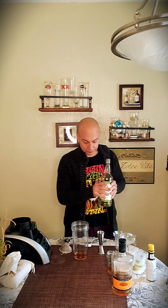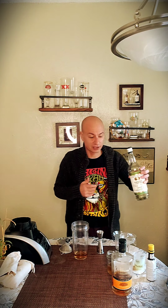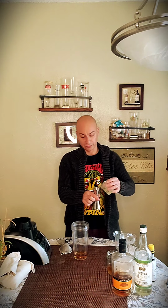You're going to do 1/2 ounce of your falernum, if I get the top off of it. 1/2 ounce of falernum. Falernum is necessary for any tiki bar. You can add some falernum into anything. If you don't know what you want to drink, but you have some rum and some juice and some falernum, you can make a tiki drink. It adds body to everything. It's amazing. We're going to do 1/2 ounce of lime juice